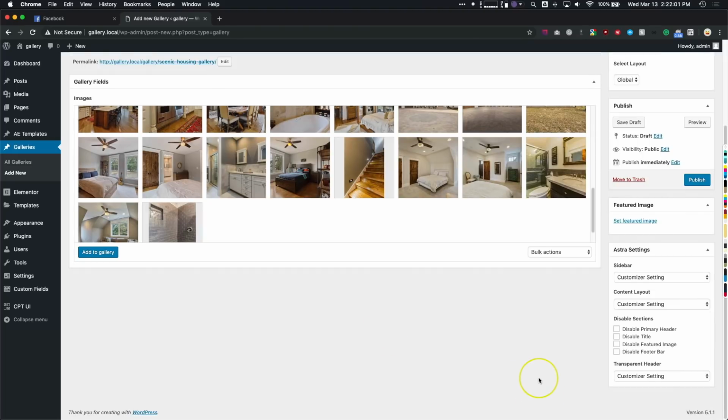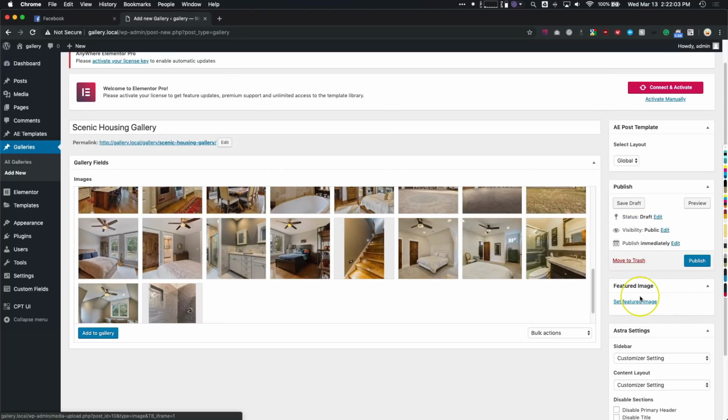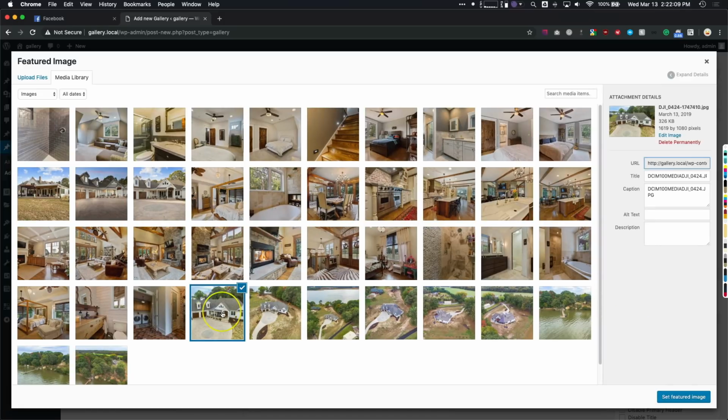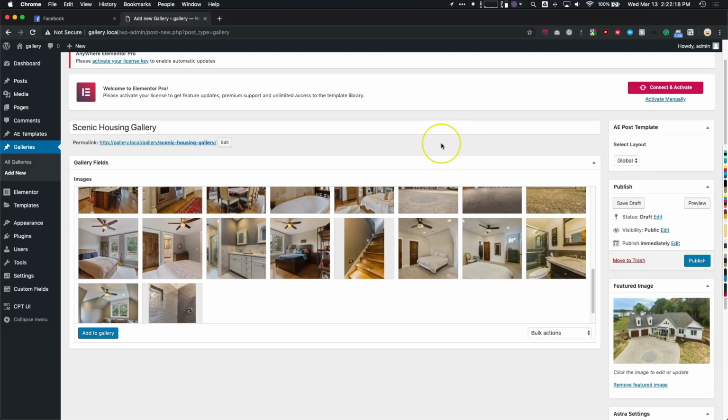And now I want a featured image, which is going to be like the main image people are going to see. So let's select a featured image, and I want to select this one right here because it's a nice overview of the house. Depending on the galleries that you're uploading, this is a house gallery, so I want to upload that, make it look nice. Click publish,